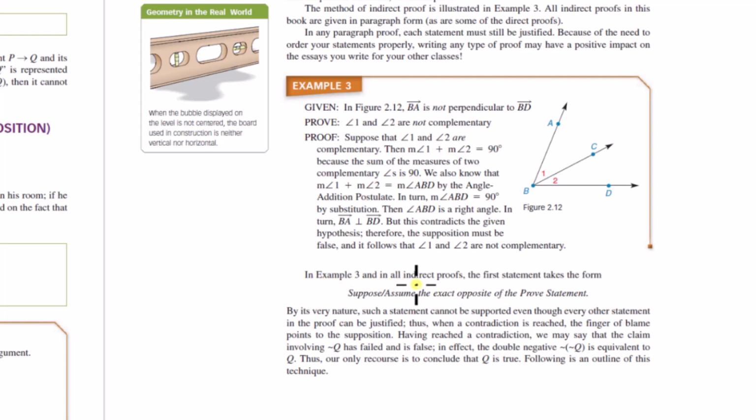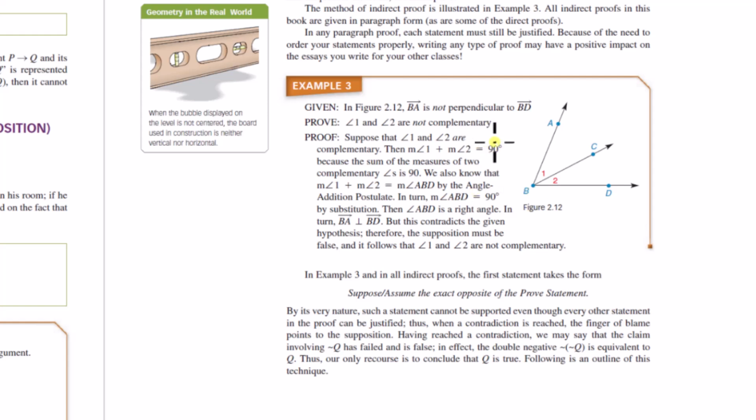In all indirect proofs, the first statement takes the form: suppose or assume the exact opposite of the proof statement. So for any indirect proof, the opening statement is going to be like, suppose that, and state the not of the proof statement. By its very nature, such a statement cannot be supported, even though every other statement in the proof can be justified. Thus, when a contradiction is reached, the finger of blame points to the supposition. It can't be proved. They're saying